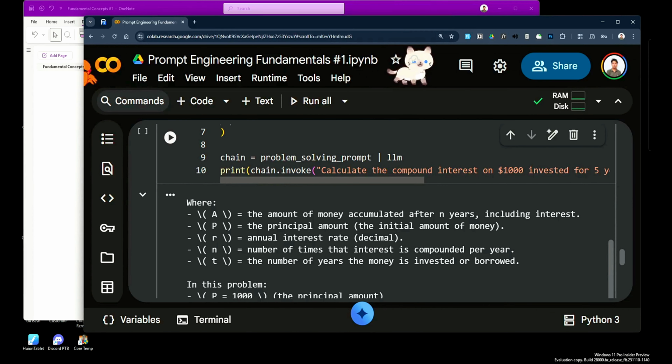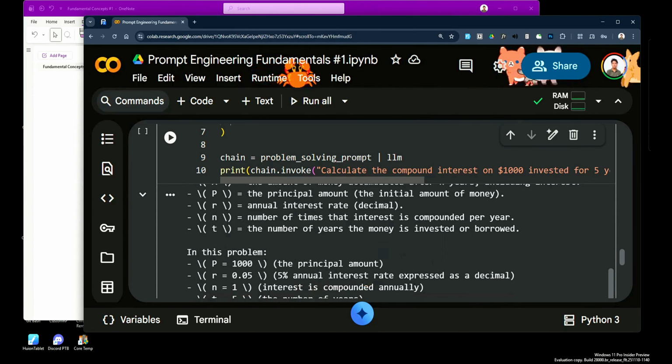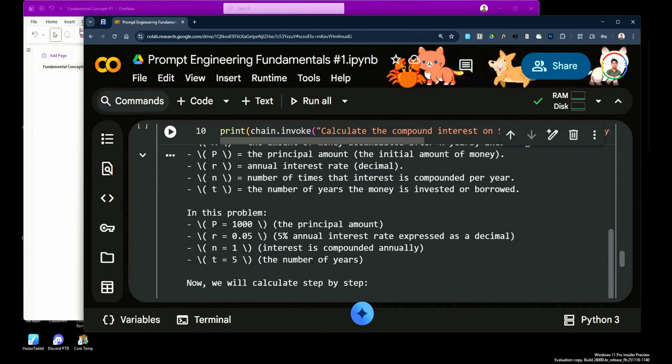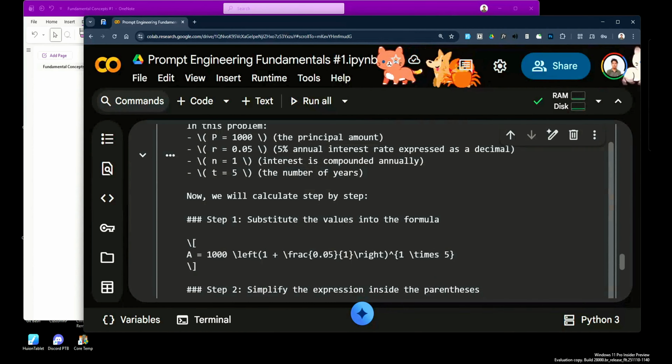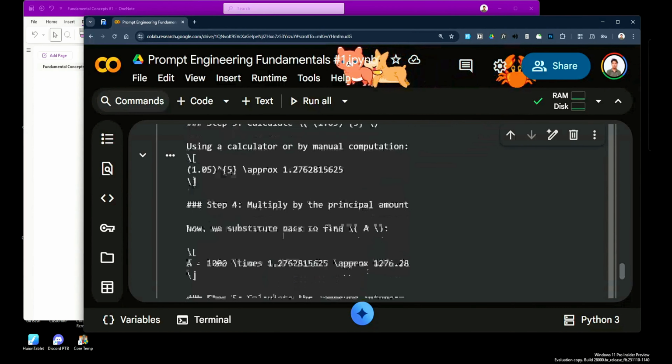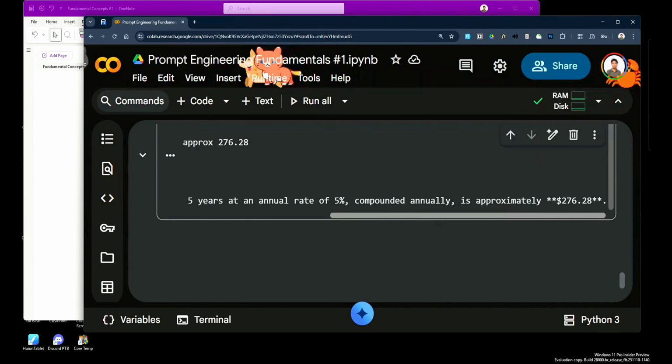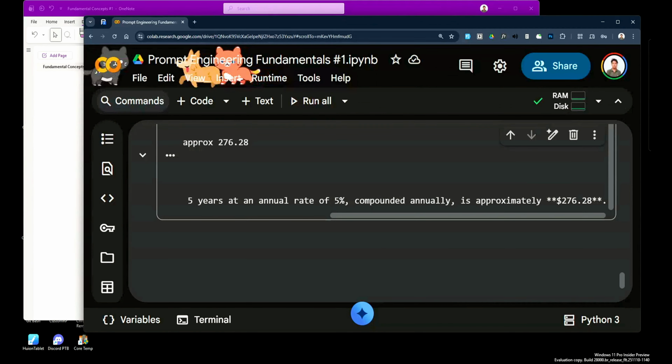And it gave the definition of each and every thing: A, P, R, N, and T. Now it gave me the step-by-step solution as well, and at the last we got it. The answer is $276.28. So this is a hands-on